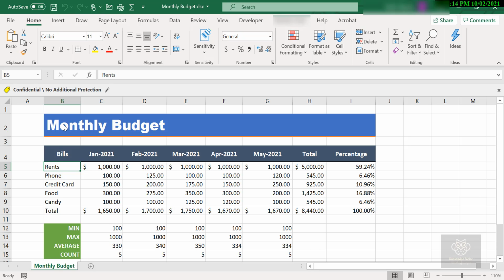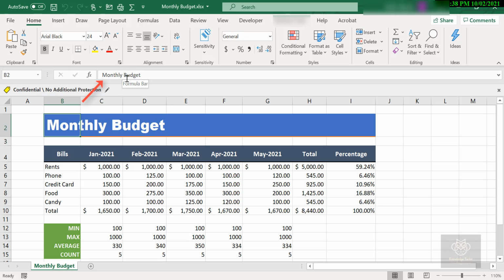All right, watch this. This feature is called Merge and Center. We are going all the way back to my title here, the monthly budget in B2. You can see I have B2 selected, and up there in the formula bar it's showing as Monthly Budget.